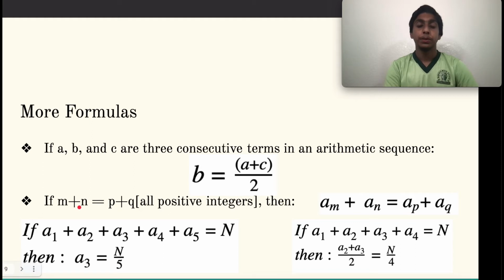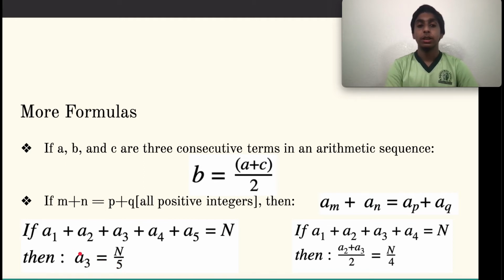This is simply plugging in different numbers and different terms and making sure that both sides of the equation are equal. Finally, here we have 2 more formulas. So here it's A subscript 1 plus A subscript 2 plus A subscript 3 plus A subscript 4 plus A subscript 5 is going to be equal to n. Then I can solve this, right? A subscript 3 is equal to n divided by 5. I'm dividing n by these 5 terms, or just the number 5 here, to find my third term